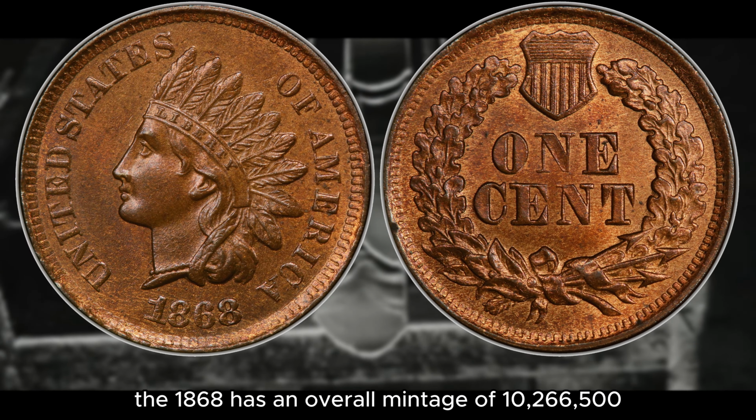on the low end. It can be worth around $1,250 on the low end of the Sheldon scale, and all the way up to $48,000 when you start to hit the high MS mark, and that is for the 1868 American Indian head cent, and these are all with